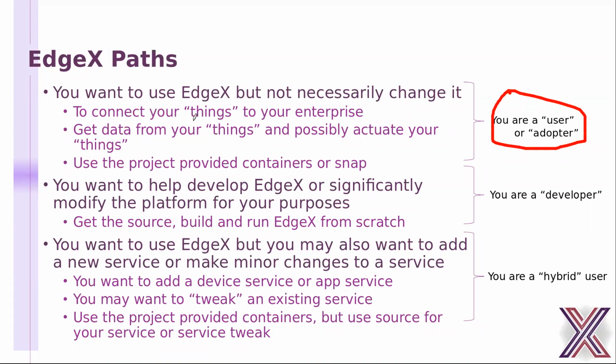You want to connect your things, certainly. You want to get the data from your things back into your back-end enterprise. You may actually want to do some actuation with the data coming out of your things, but you don't intend to make all sorts of changes to EdgeX and its host code. In this case, you want to consider yourself an adopter or a user. You're going to use the containers or snaps that EdgeX provides, and that's what's going to be highlighted in today's